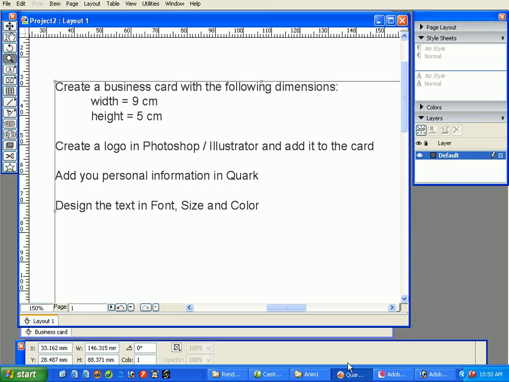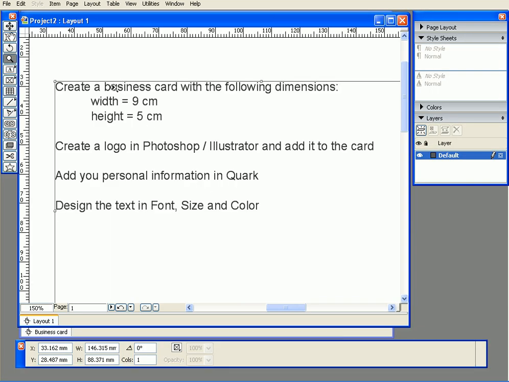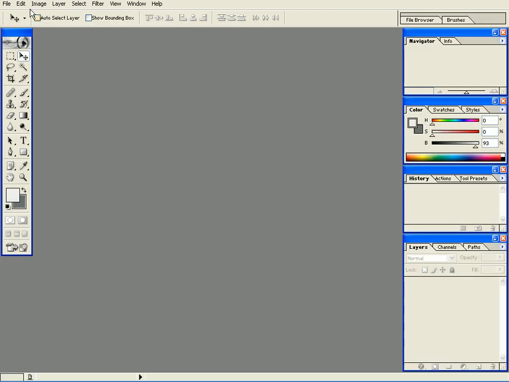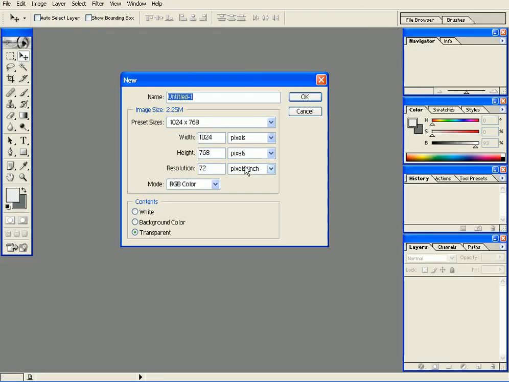So in Quark, the size of my image or page is 9 centimeters by 5 centimeters. So I have to do the same thing in Photoshop in case I wanted to have the logo extend throughout the whole image. But I don't. I just want to have a small size for the logo. But you have to work according to these values. So if I choose File New in Photoshop, the first thing I'll choose is centimeters for my